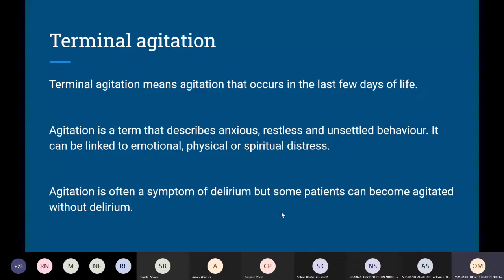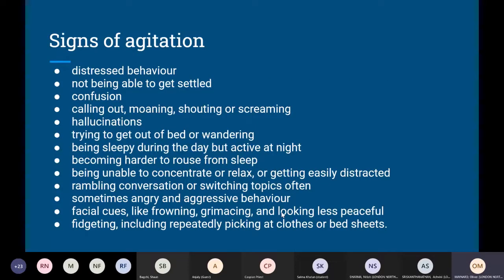It can have lots of presentations, including sort of anxiety to restlessness to hallucinations to sort of hypoactive delirium, and lots of causes as well. So like I said, there's lots of different signs that you need to keep an eye on. Most of them it's intuitive from just looking at the patient to see if they're suffering from agitation. But there's some which you might not know that they're actually suffering from agitation. So it's important to observe the patient closely, obviously go and see them regularly. And the nurses will also check out for agitation.